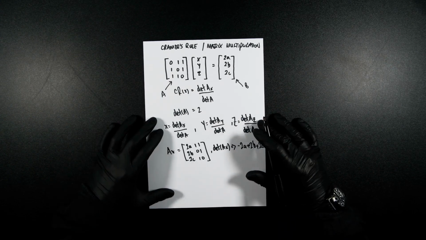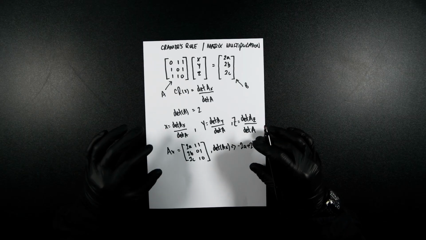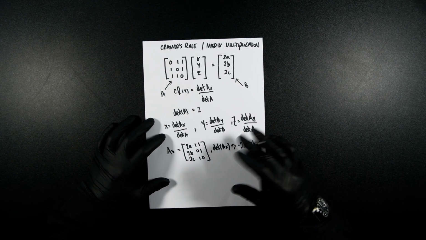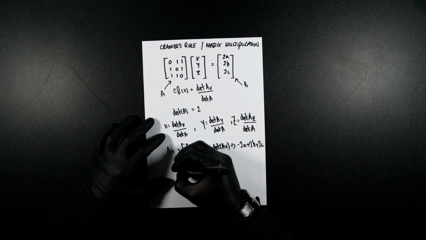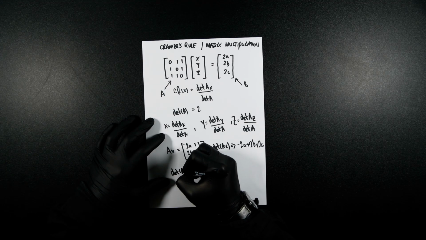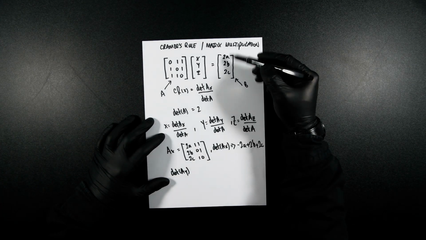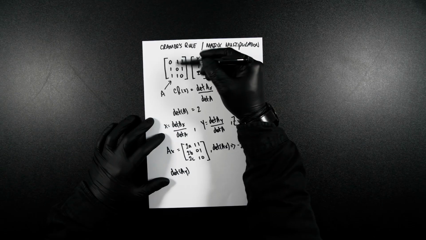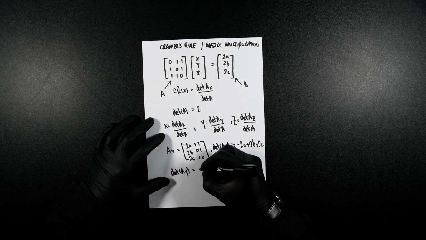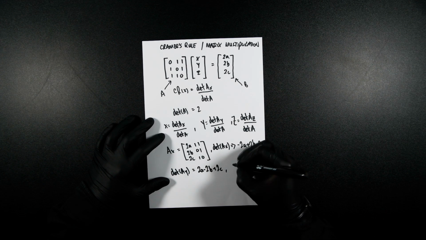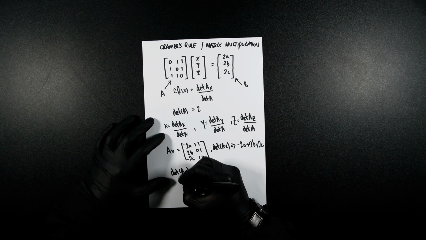You can check out, I've got an entire playlist itself just dealing with everything to do with this. So if you're unsure about that, probably click away and have a look at that. So then let's now do the determinant of Ay. We do the exact same thing as we did here, but instead we replace the second column. So you're now going to get 2a minus 2b plus 2c,